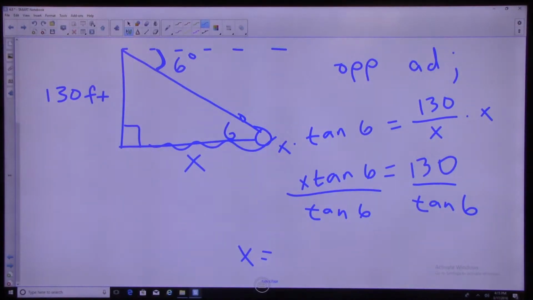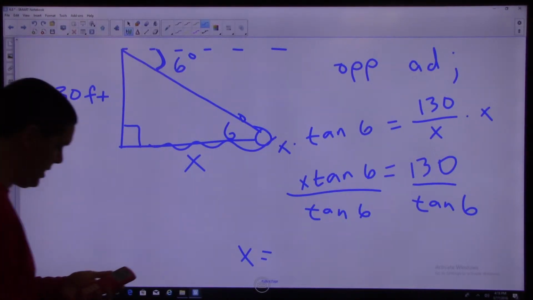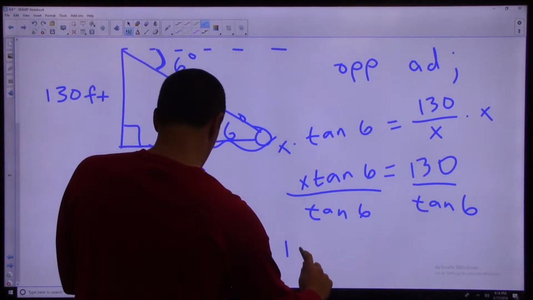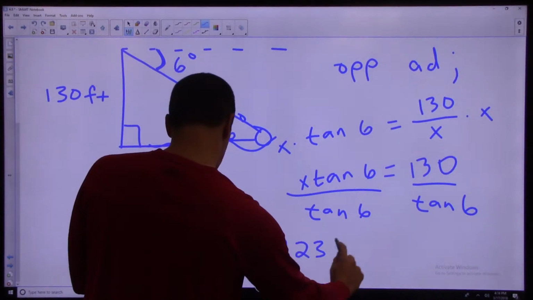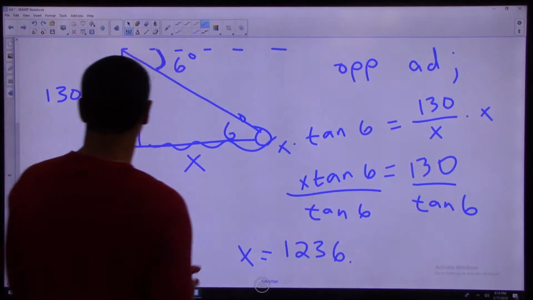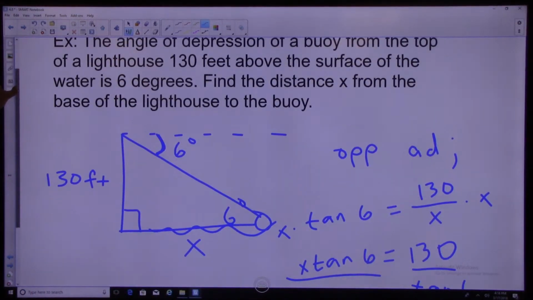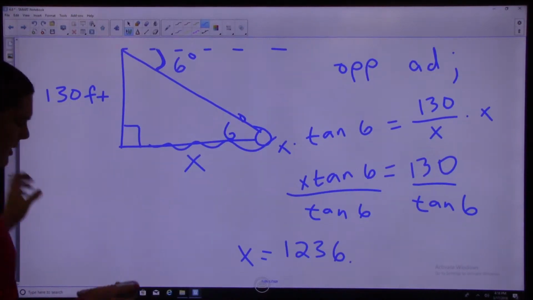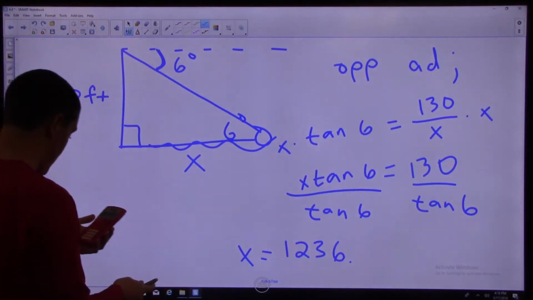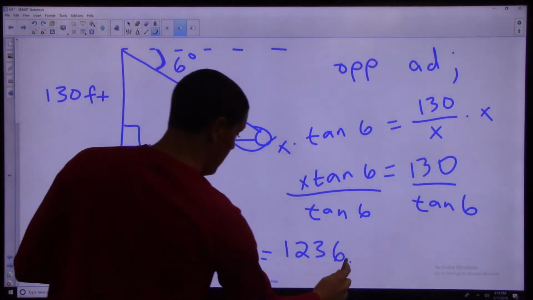Okay, so all it takes is for you to type it in now. Let me do this real quick. Let me get my calculator out. Alright. So it's going to be 130 divided by the tangent of 6. It gives me 1, 2, 3, 6 point. Does it say to the nearest foot? No, but let's just round to the nearest foot. So that'd be 1,237